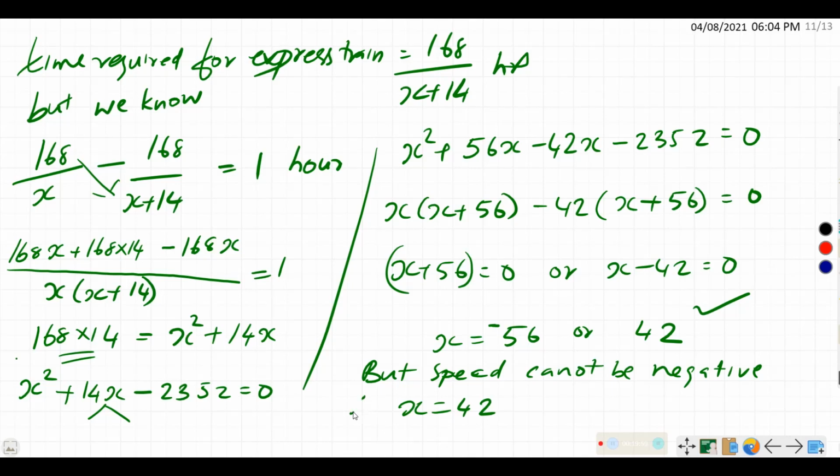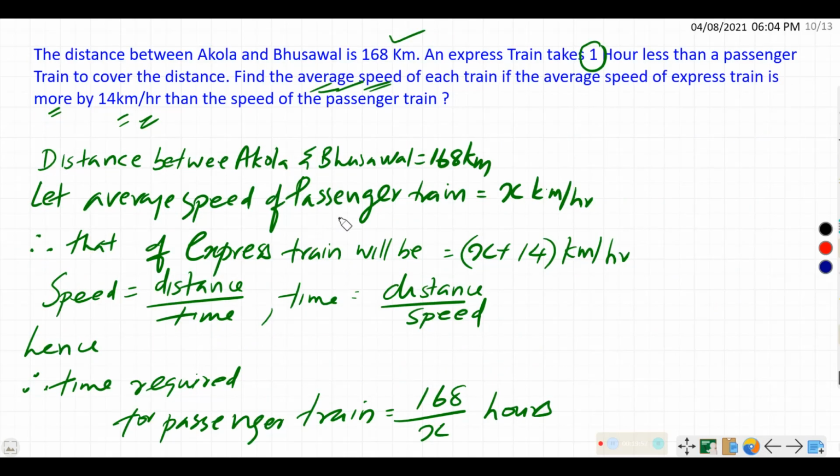And going back, we can check this also. Or we can simply substitute the value there in the question given. Here we got x as, where is it? Yes, 42 kilometer. And plus 14 kilometer is extra speed. Naturally, it becomes 56. Okay. That is the answer, my dear students. This kind of interesting question will be there in the board exam again and again.